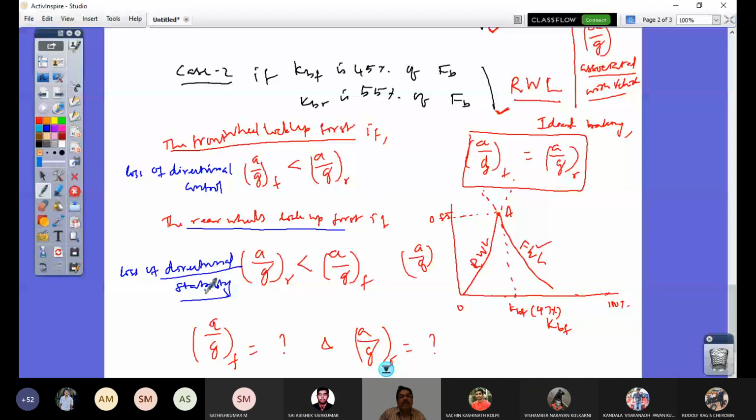So what do you mean by loss of directional stability? A driver cannot exercise his steering to get back his vehicle. So the directional stability loss is because of yaw acceleration. So what do you mean by yaw acceleration? Let us discuss in the next class. So loss of directional control means what? Effective steering is lost, but the driver can be alerted and he can reduce the braking force that comes on the wheel, so that control can be regained. So loss of directional control is manageable, whereas loss of directional stability is not manageable.